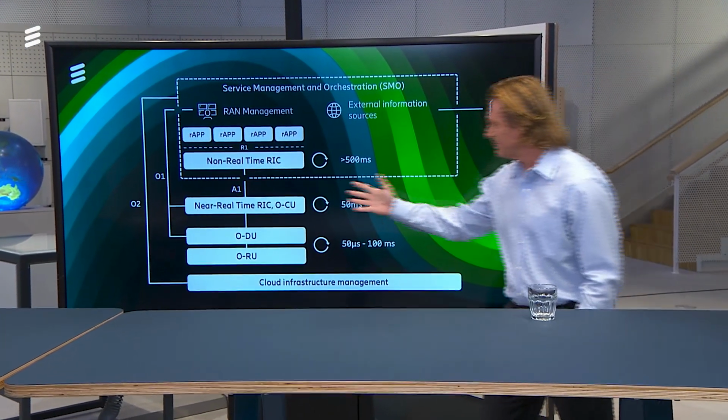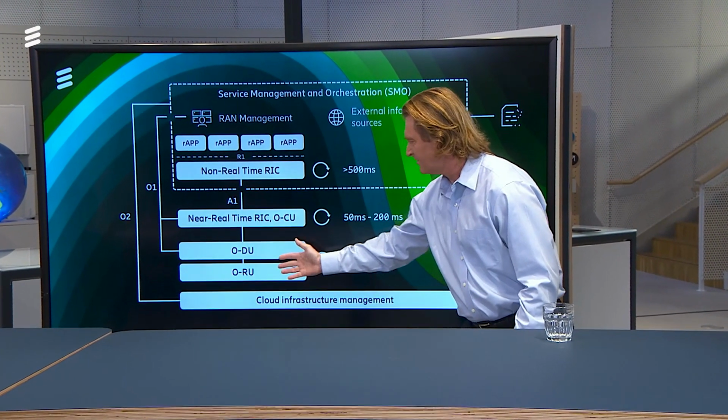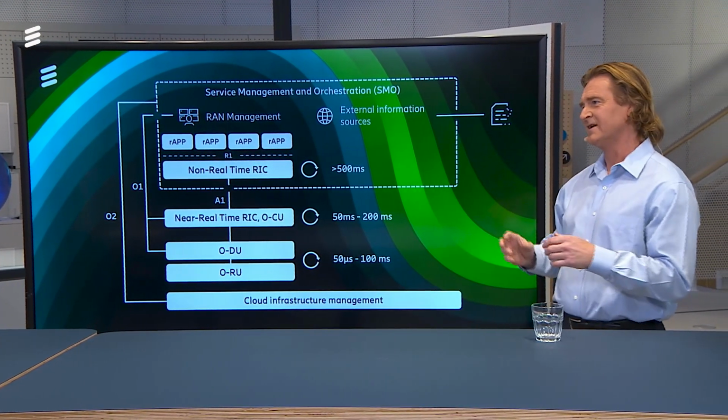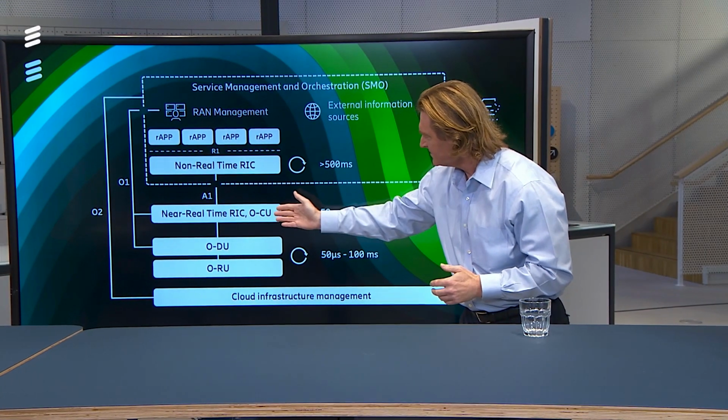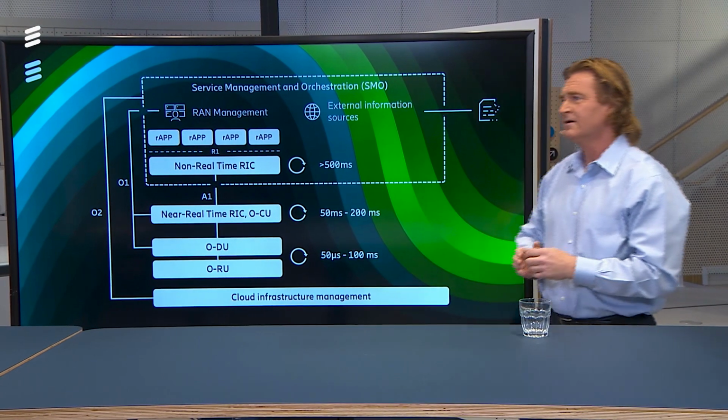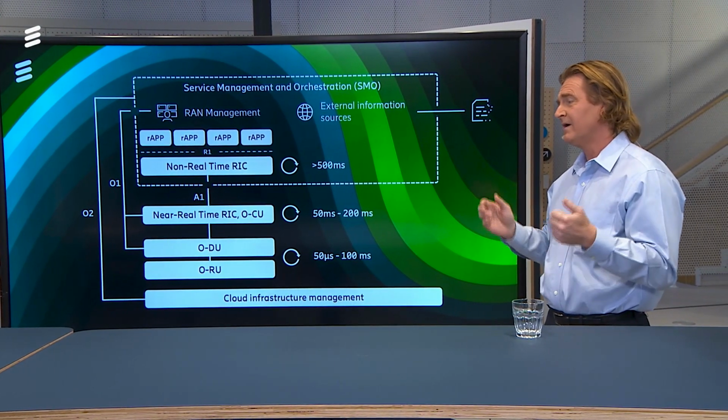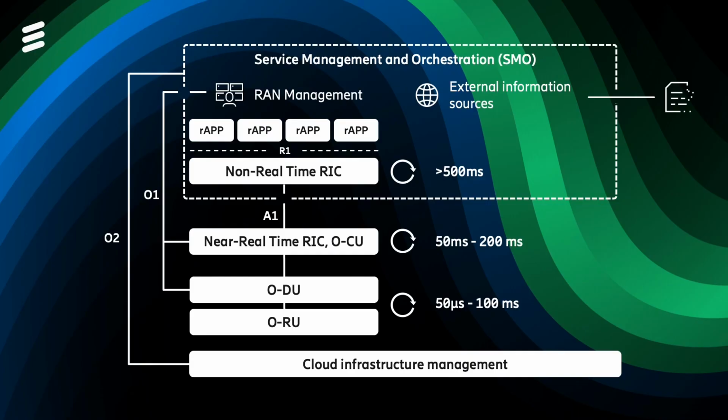What we're looking at here at the bottom is the O-DU and the RU. The DU is the software that makes the radio scheduling decisions, coding scheme choice, etc. really fast. You have the RU, which is the radio that you put in the tower, that radiates the radio channels and receives the radio signals from the UEs. And above that, we have the O-CU and the near-real-time RIC. And they are responsible for handovers, for bearer management, and the like.